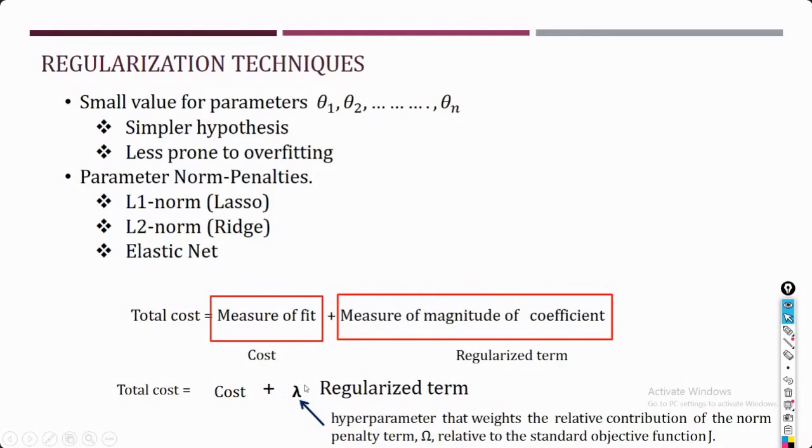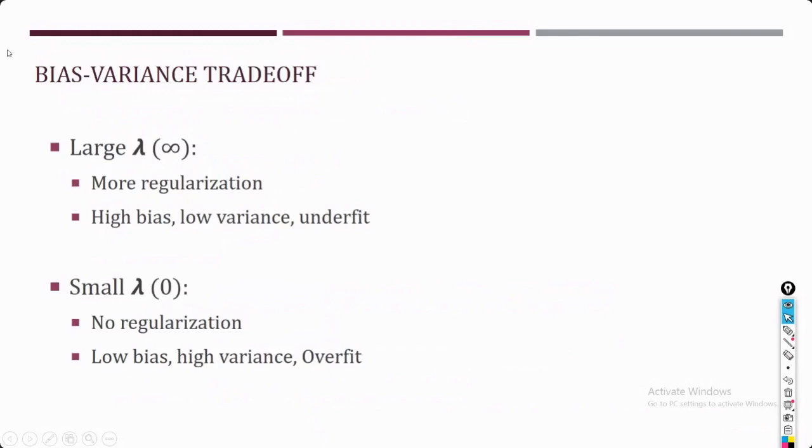So lambda is going to be your parameter, and with this regularization parameter I'm going to adjust this total cost. If I'm setting this lambda to a very large value, that means I am applying so much regularization in my model, so I am reducing the effect of most of the features. That means I am moving toward the simpler one, or even the simplest one. So this may lead to your underfit problem if we are applying so much regularization.